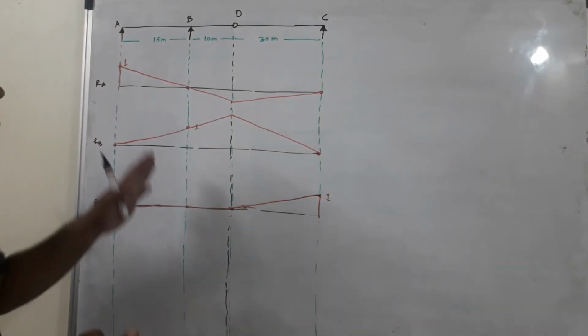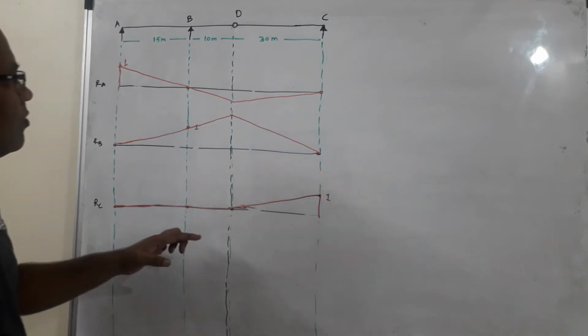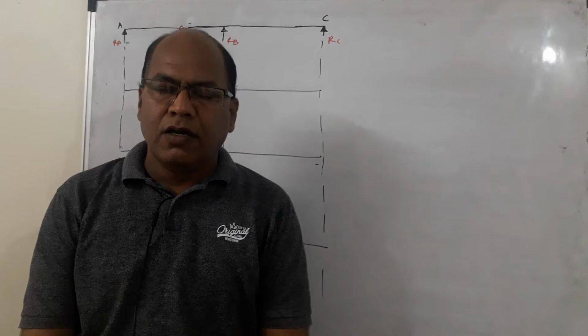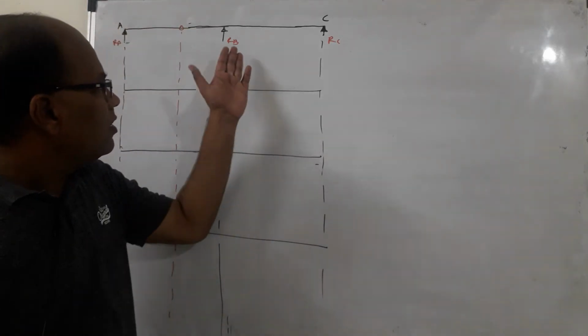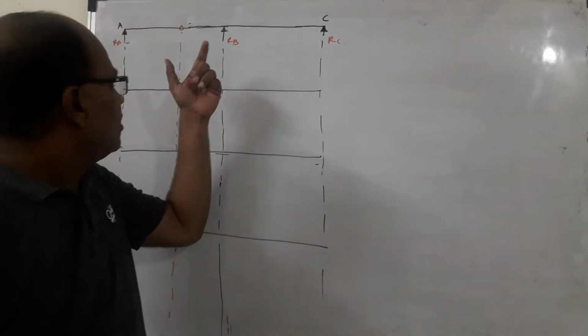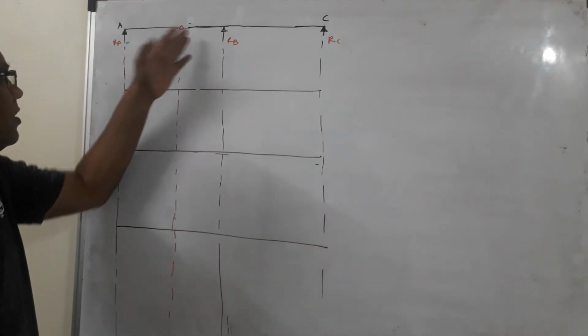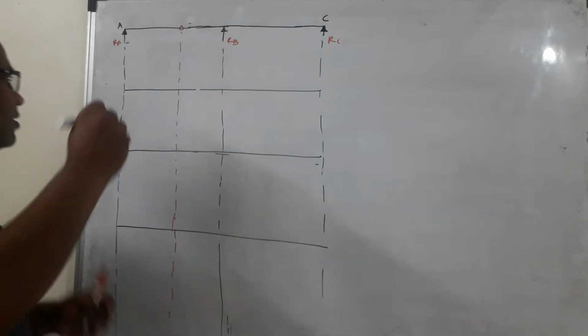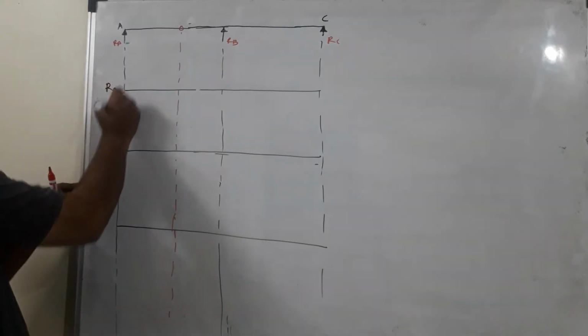So, remember the procedure very well. I am going to consider the hinge in the left part in the next problem. In the previous problem, the internal hinge was in the right subspan. Now, here I am considering the hinge in AB. And let us draw the ILD for RA, RB and RC using the same method.